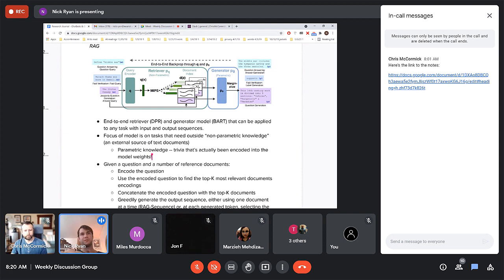So the focus of RAG and these kind of question answering models is to incorporate non-parametric knowledge, which for question answering systems and in a couple other tasks, it's just much better. It doesn't range across all tasks, but the hope of creating a model that within its parameters knows all there is to know doesn't seem to pan out that well. For example,